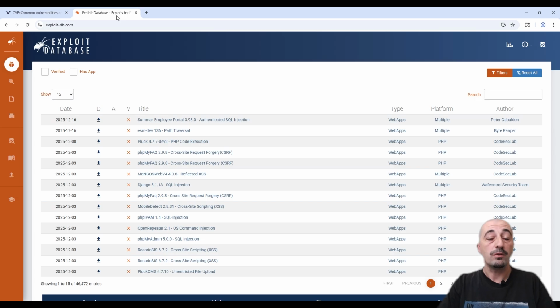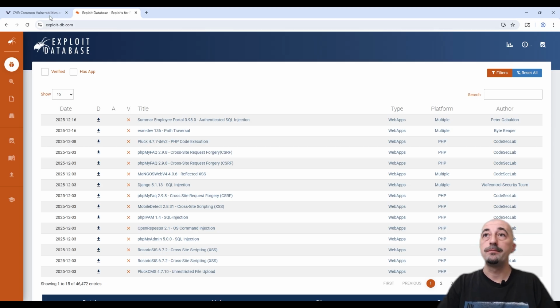The second thing is finding the exploits that would potentially be used against this vulnerability. You would have Exploit-DB, where it shows all types of exploits that have been published to this moment, a type, a platform, and the author who did it. On each one of those, you would have details, so you can even download those exploits. And if you want to test that against that infrastructure, which you would do only if you have authorization, you would be able to do it from a Metasploit framework, which we will be demonstrating later on